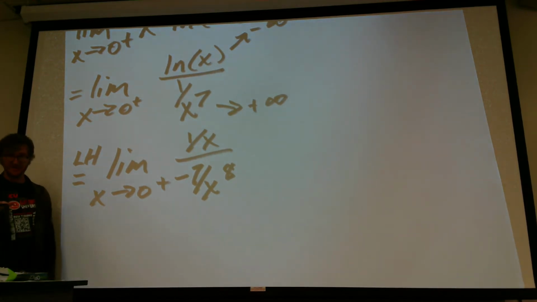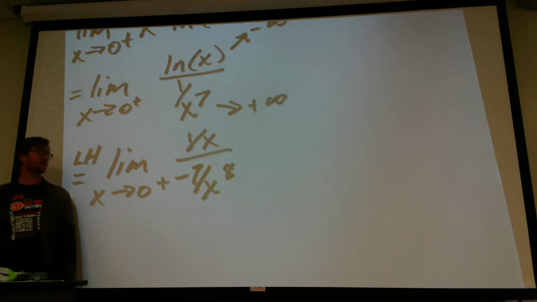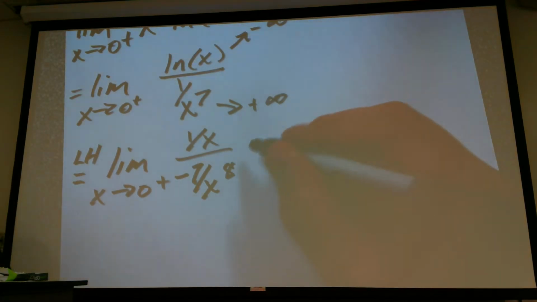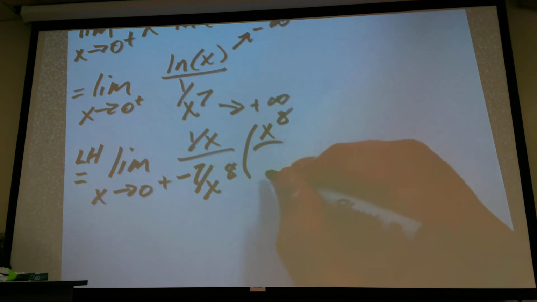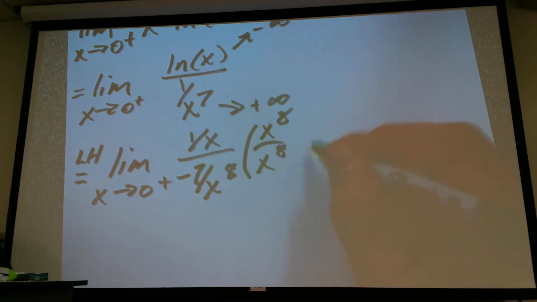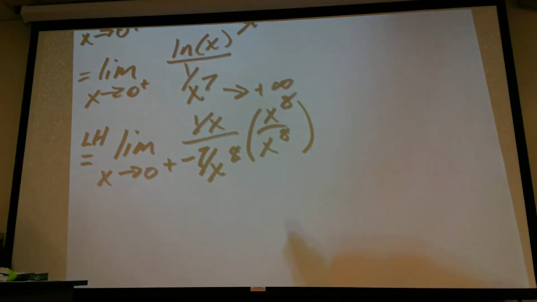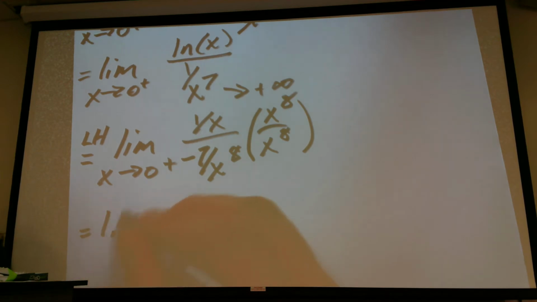Okay. This next step is not completely necessary because normally when I think about this problem, I just think, oh, I'm going to flip those fractions upside down. But if you want to do it, think about it this way. What would happen to this problem if I multiplied by x to the 8 divided by x to the 8? That would be the limit